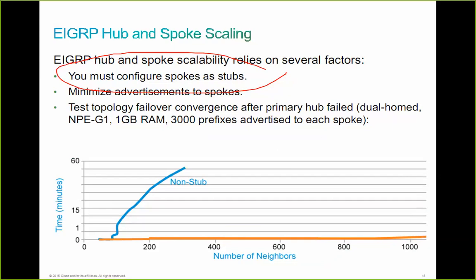So they mentioned both of those in this bullet point here. The first one is here, the one I just circled. The second one is here, minimizing advertisements to the spokes. How do I minimize advertisements to the spokes from the hub using a stub feature? I can't, right? Because when I configure a spoke router as a stub,